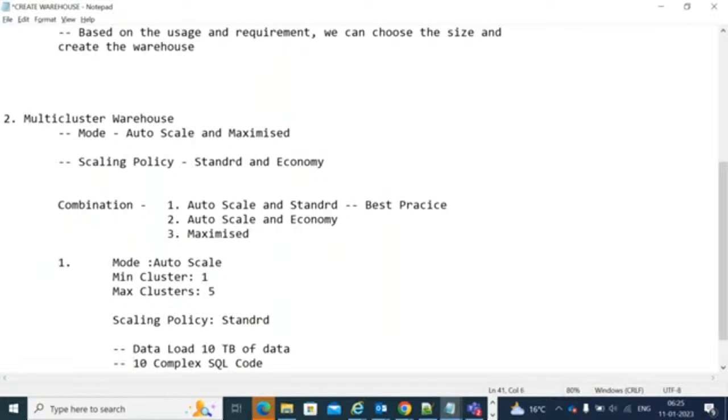You're submitting 10 complex SQL code to execute and retrieve the data from Snowflake. So here also, it will calculate internally. Suppose the user XYZ has submitted around 3 queries, the user ABC has submitted 4 queries, and another user has submitted 3 queries. So multiple users are submitting